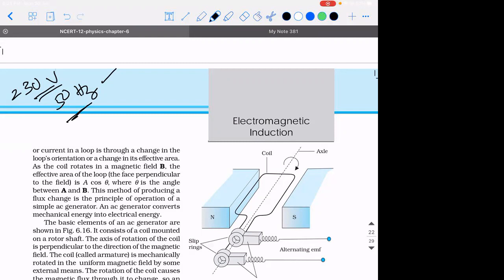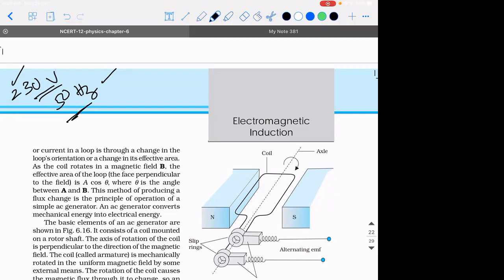Now, the question that we need to answer is, how will you generate this voltage? Because if I use an electrochemical cell, I'm going to have only a direct current or direct voltage, which does not change with respect to time. But our interest of study is a voltage that changes with respect to time. So for that, what are we supposed to do? Alternating polarity. How do you generate that?